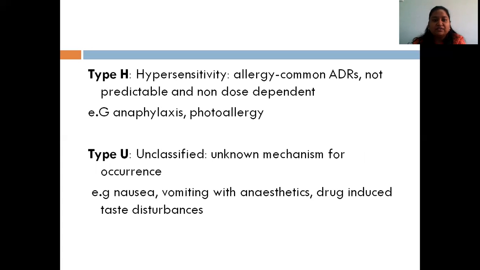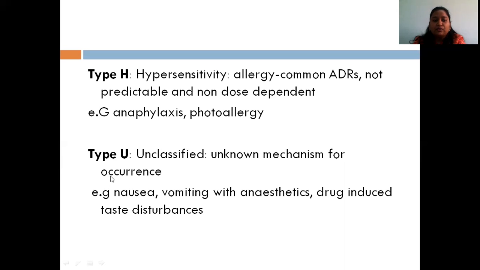Type H is the hypersensitivity reactions, like some allergic reactions, which are not predictable and non-dose dependent, or can occur with any drug according to the susceptibility of the patients. So this can vary from person to person, like photoallergy and anaphylaxis reactions, as you have seen in COVID patients. During this pandemic, vaccination was started, but some of the vaccines produced serious adverse drug reactions, which are anaphylaxis reactions, and this ADR has also been reported to the